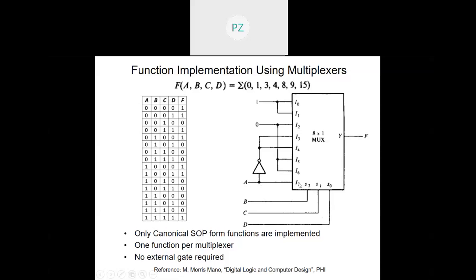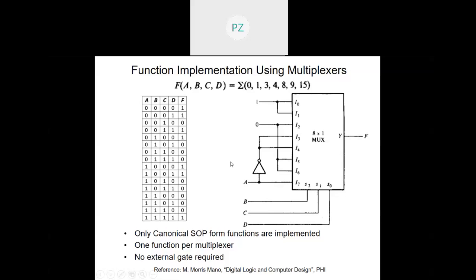So I can realize a function of 4 variables using an 8 to 1 multiplexer by connecting three of the variables to the select lines, and the variation of one variable, or 0 and 1, to the input lines. Now try realizing the same function when A, B, C are connected here and variations of D have to be given. Use the same table and try designing it yourself. Then next, that is a kind of your practice exercise.